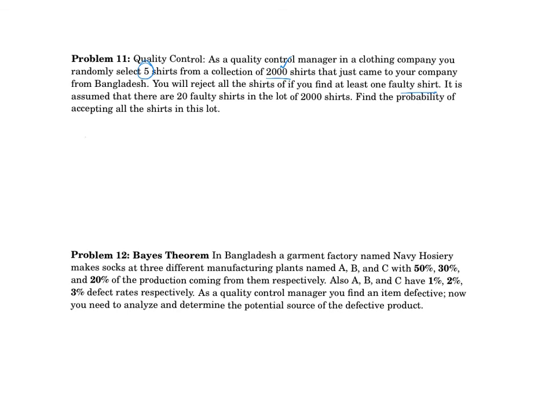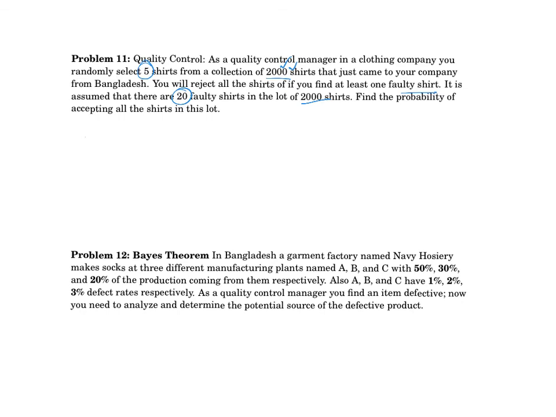From experience, you know that there are about 20 faulty t-shirts in a lot of 2000. So what is the probability that you will not reject the lot? That means, what is the probability that you find all 5 t-shirts, by randomly selecting from a group of 2000, are good, not a single one is bad. So the easy thing to do is this, right? Look,